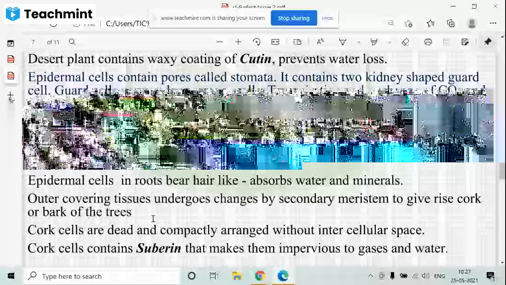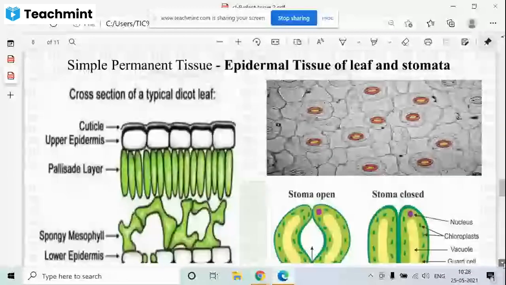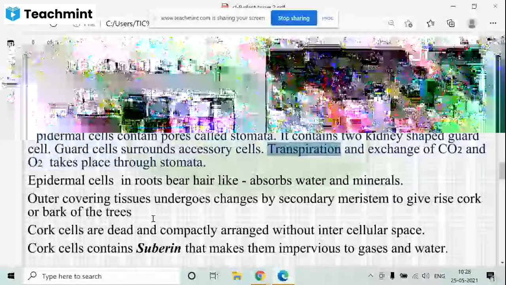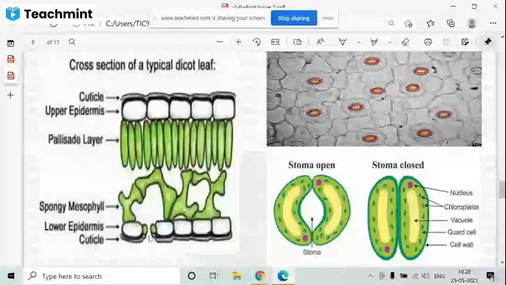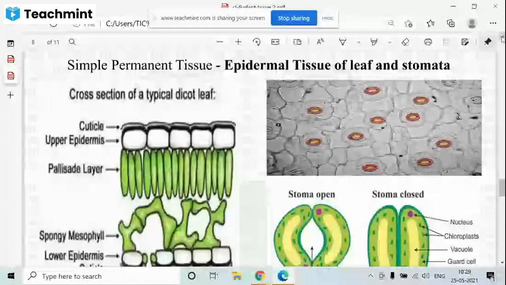Now if you see this one, first one, epidermal cells. This is the leaf, the transverse section of a leaf. Here at the bottom part you have stomata. This is the stomatal part, the lower part of the epidermis, and these are the stomata you see in the leaf on the lower part. This is the structure. Got it? And these two are the stomata, open and closed type. Already you have done this in class 7. You remember?